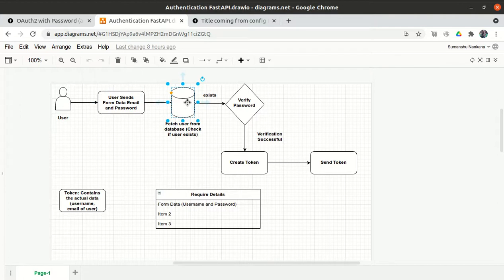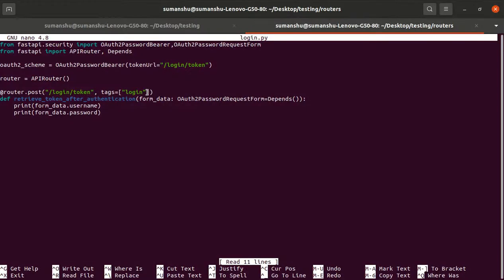Till this point, the user has entered the data and we are accepting the data. Now we have to go to the database to check whether the user exists or not. To check the database, we need the db session as well. The db session depends upon the get_db function.